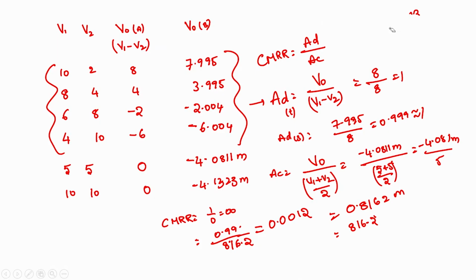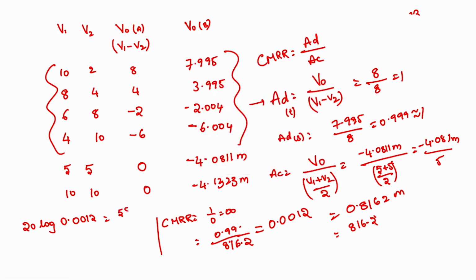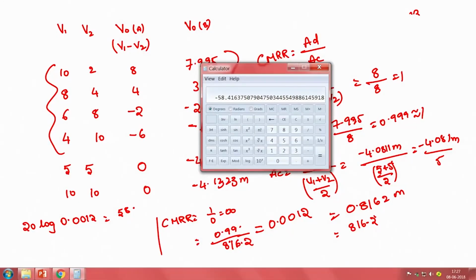So I will write it down here itself, 20 log 0.0012, which is equal to, so I will take calci once again, 0.0012 log into 20. So which is 58.416